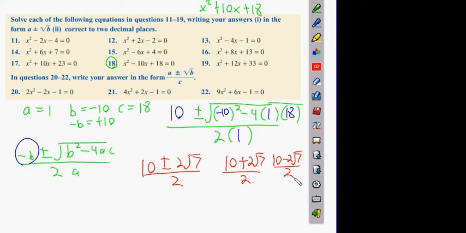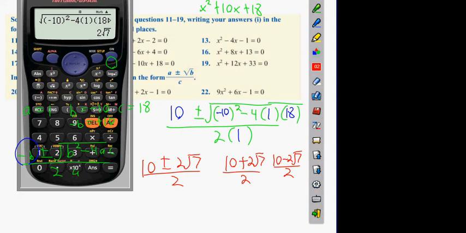Now, when this happens, okay guys, what we're looking to do is put it into the calculator again. This time you press your fraction button like you did last time. 10 plus 2 root 7, all over 2. When you press equals, 5 plus root 7 is going to be the same thing as, and then press